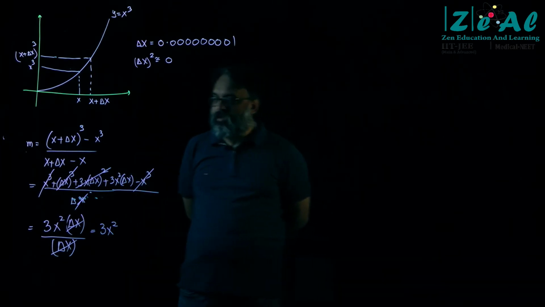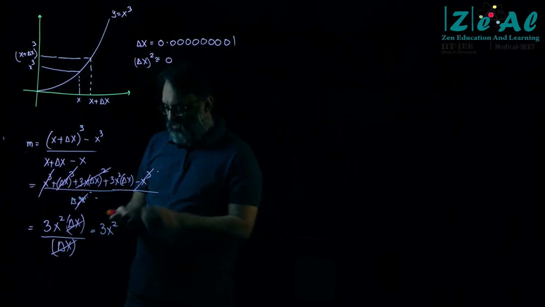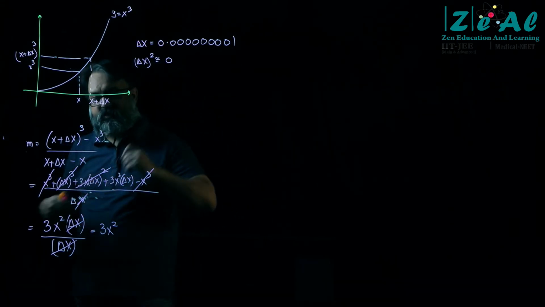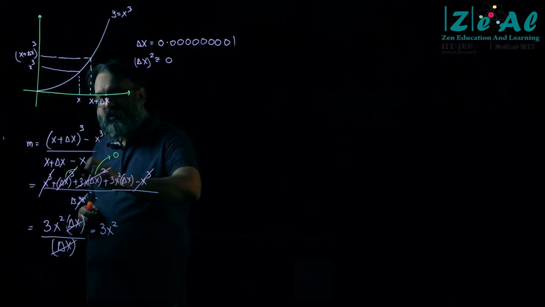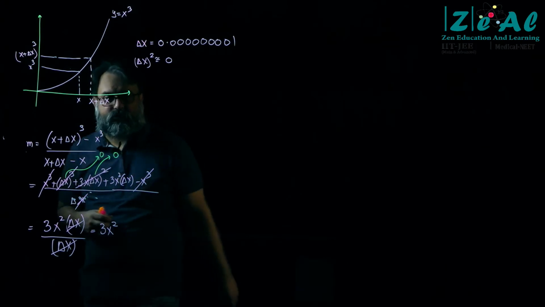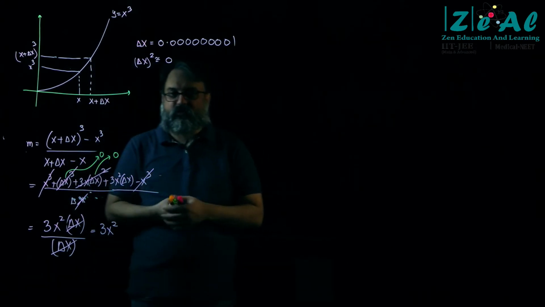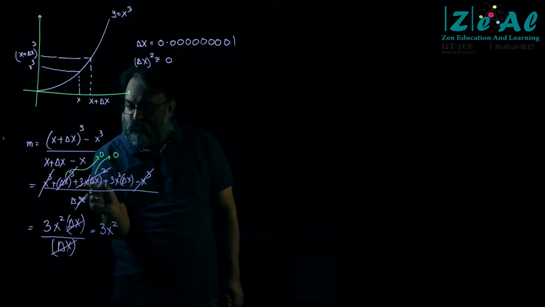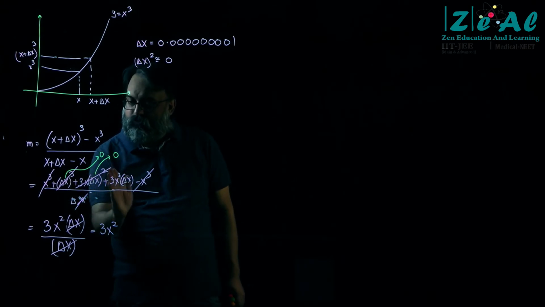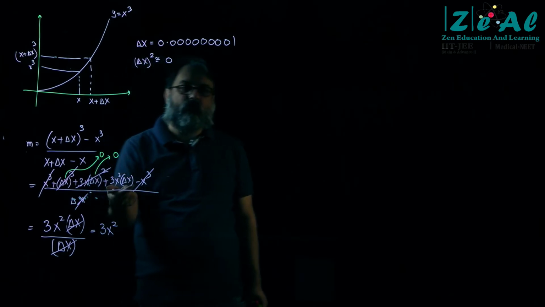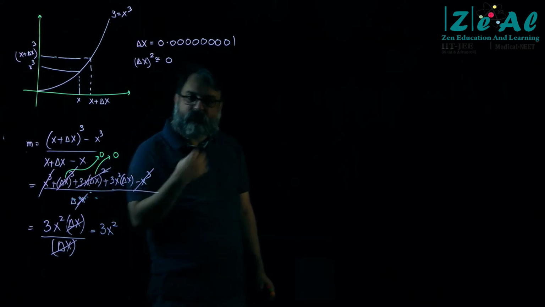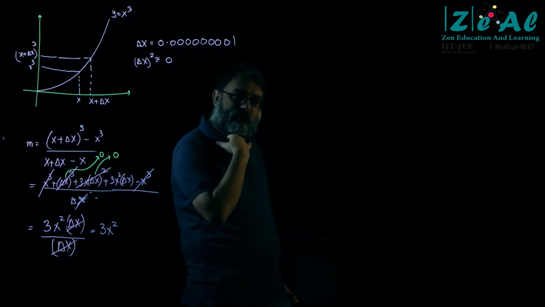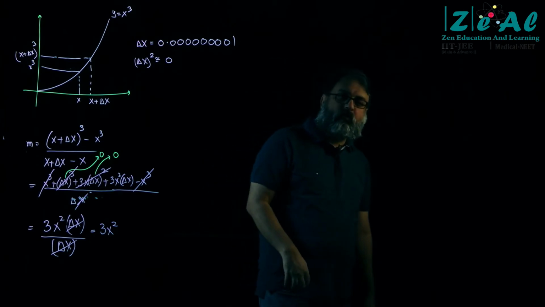No, delta x was not cancelled in the second step. Delta x, this quantity is taken as 0. Delta x cube, this quantity is taken as 0. So I actually took 0 here. This is 3x into 0, this is 0. So this goes away. X cube gets cancelled out. The only thing that I am left with in the numerator is this. Okay, fine. Shall we move ahead?